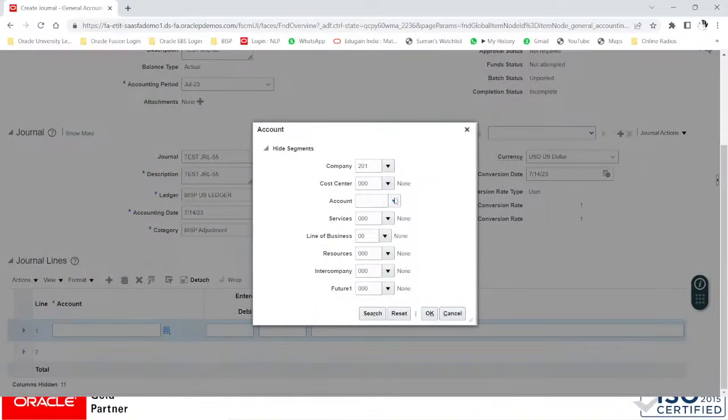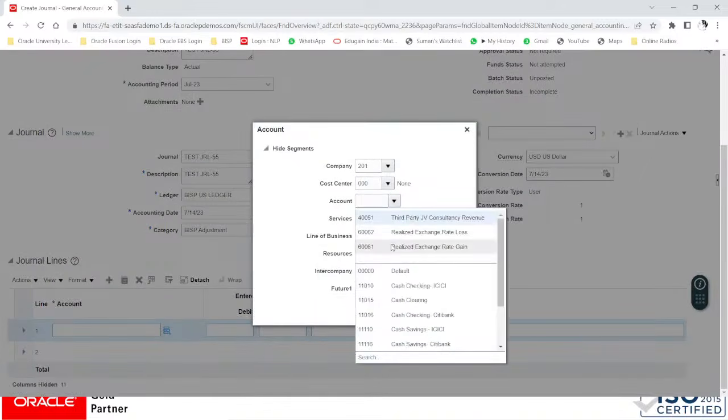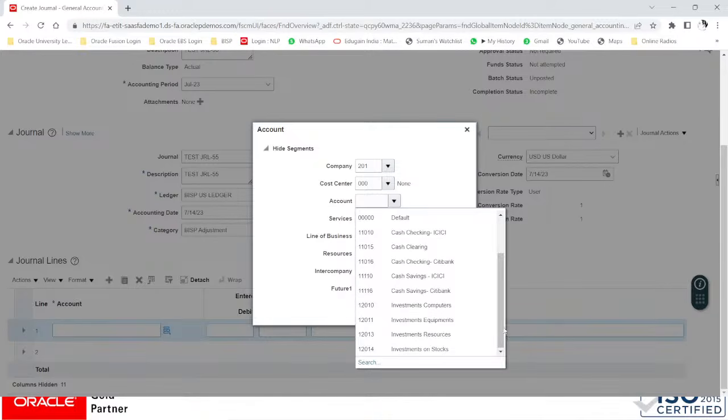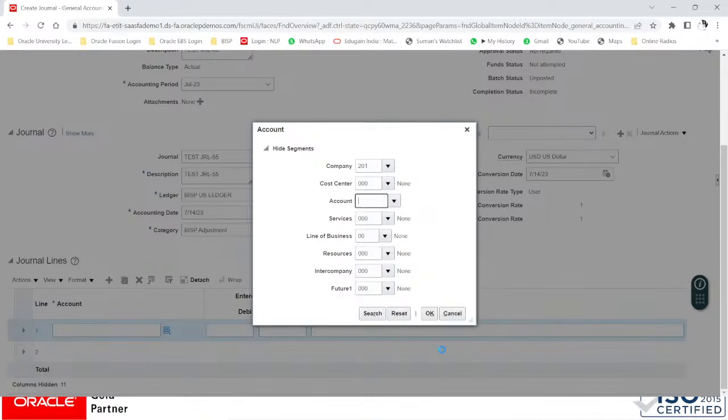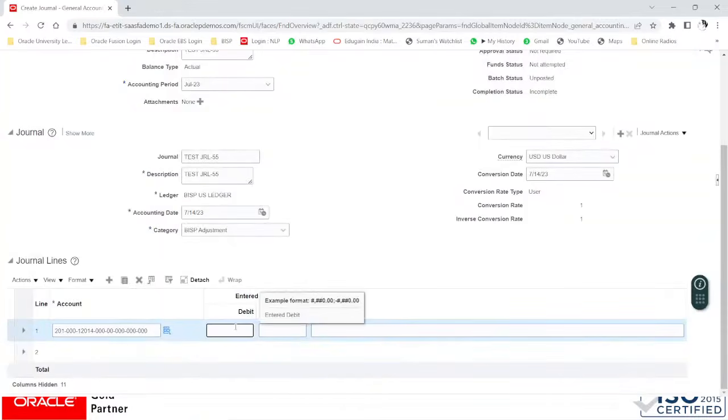I will select any of the account, say, let us take a stock, right? Select the stock, investment on stock, and I selected that 10,000 USD,